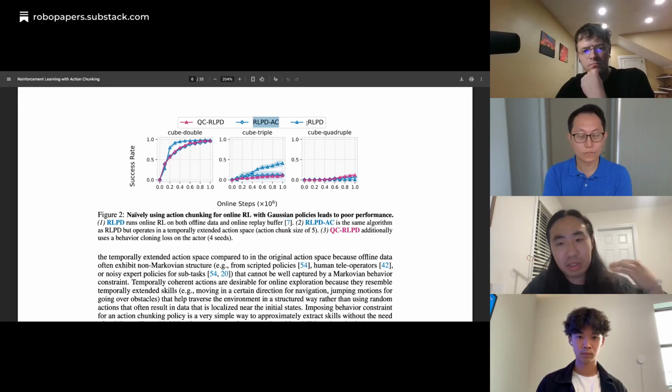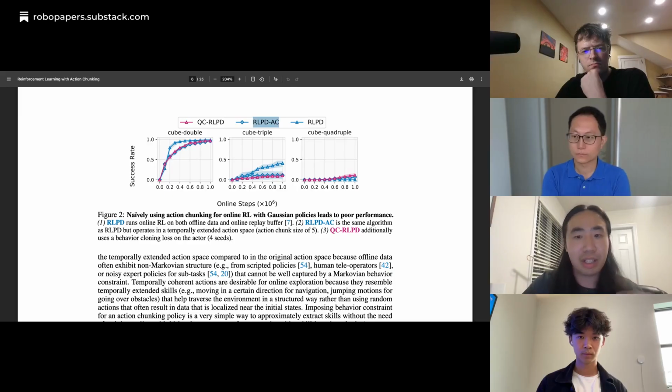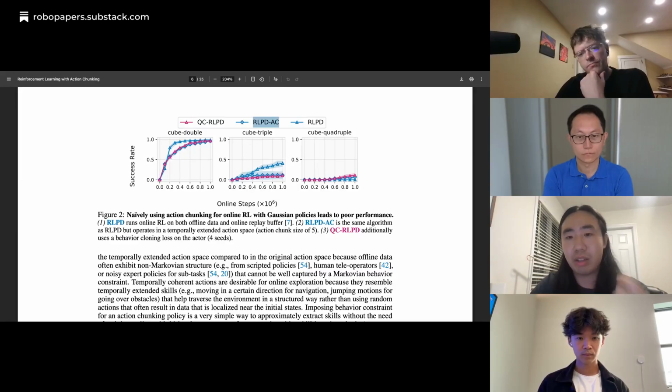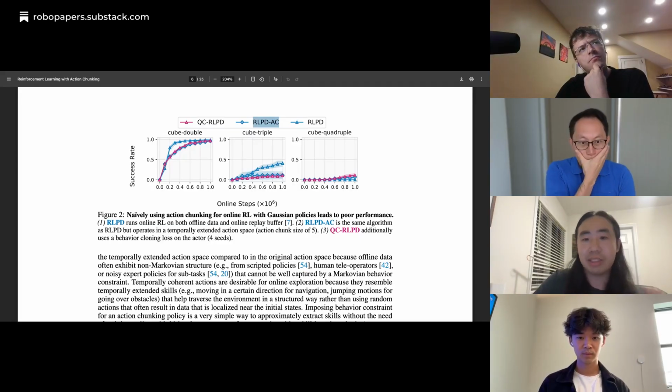A little bit of background here: most naive online RL methods use Gaussian policies, which only capture a unimodal distribution in your offline data. This doesn't synergize well with action chunking policies, which have to deal with non-normal covariance or the complex distribution in the offline data set. That is why, if we just naively combine it with online RL, it doesn't work very well.